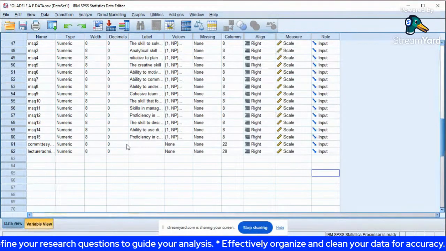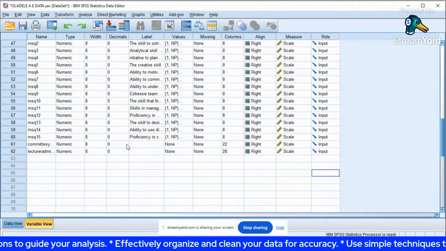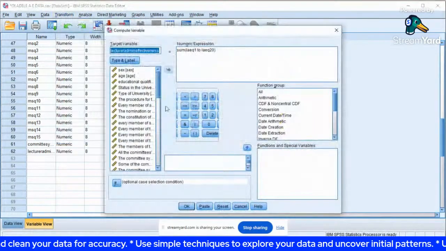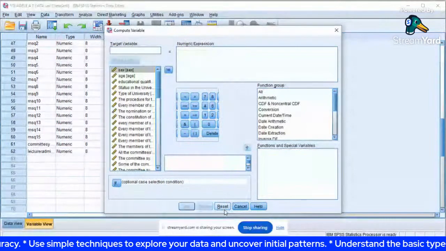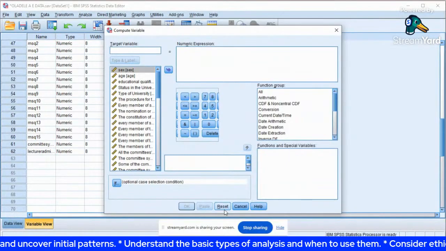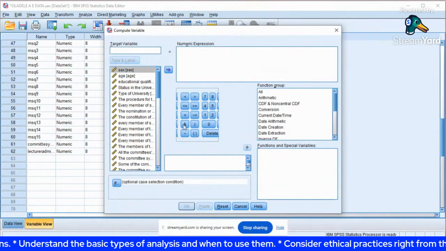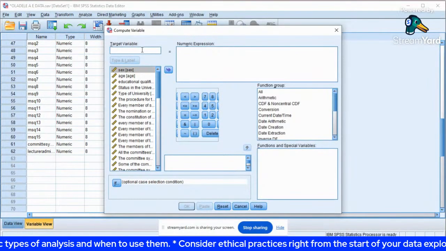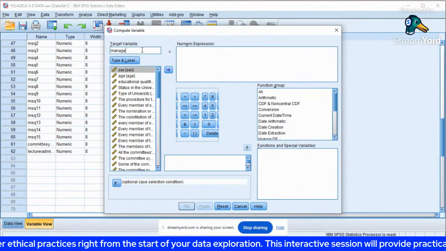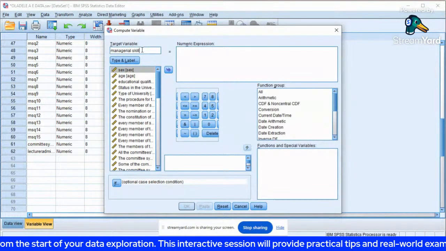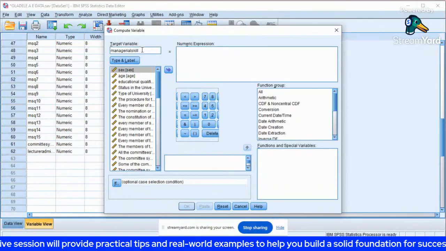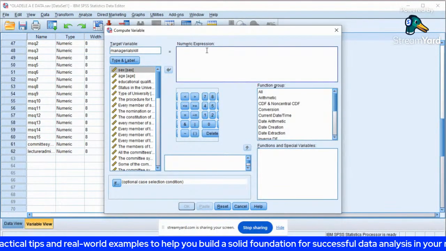Managerial skill. Click what? Compute variable. Reset. Don't forget you must what? So what are you typing there? Managerial what? No space. Managerial skill. Is that clear? Then inside your numeric expression,